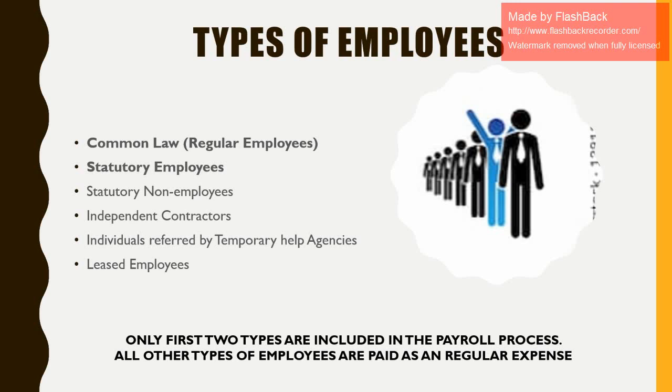So again, the two that I'm highlighting for you guys to recognize is that common law employees and statutory employees are the only two types of employees that are going to be on your payroll,